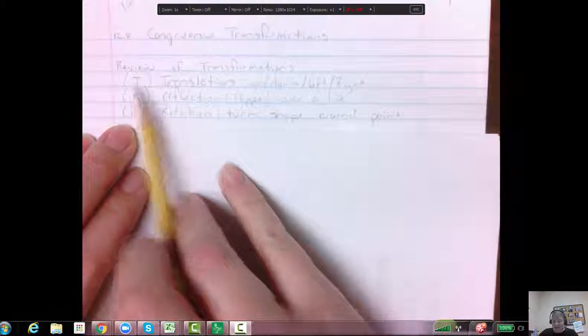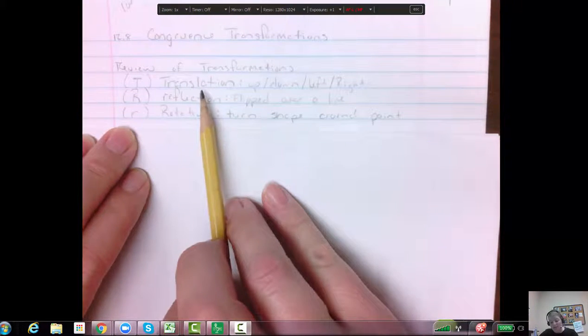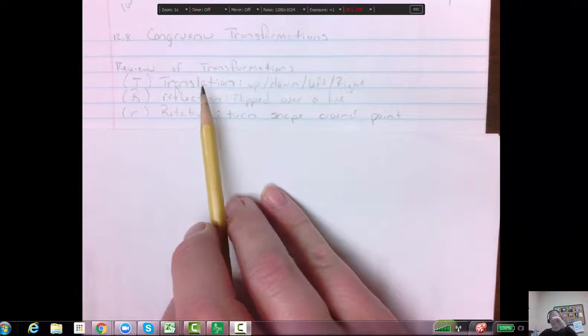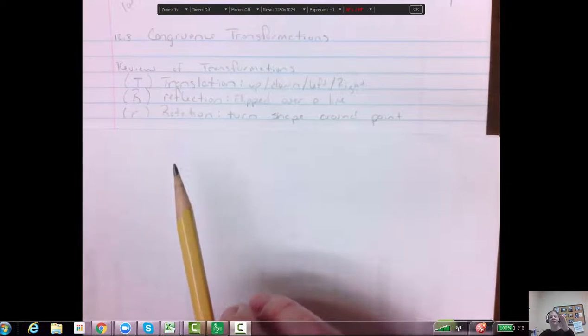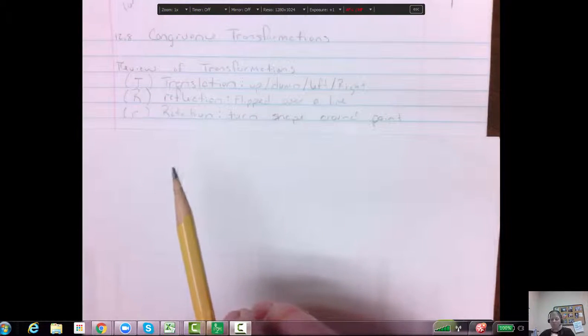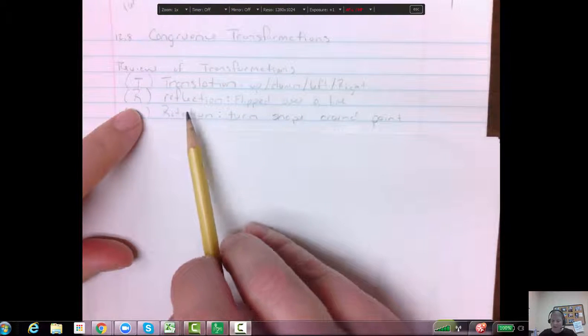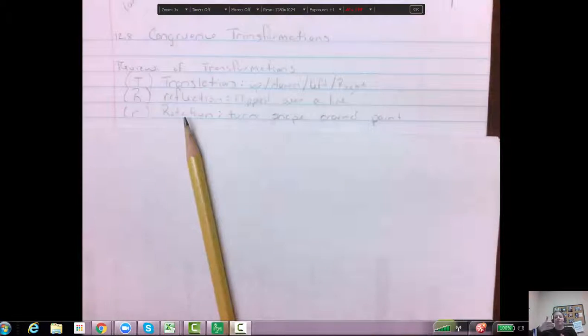A big T represents a translation. That's where you're going up, down, right, left. So you're moving it around, but it's rigid motion, so that means that the shape itself stays the same. It moves itself. Reflection is like a mirror image, right? So we thought of it as flipped over some kind of line. So usually we flipped it over the x-axis or the y-axis or a specific line, but it changes because it's going to be flipped over